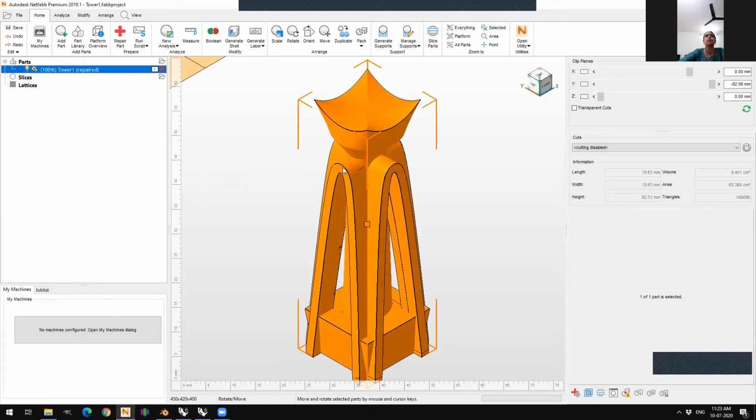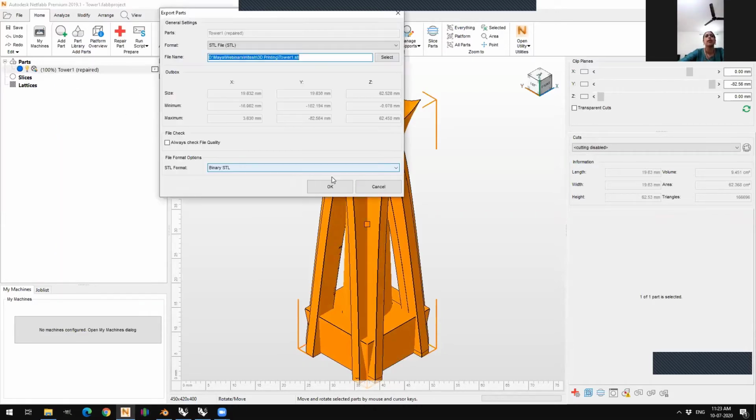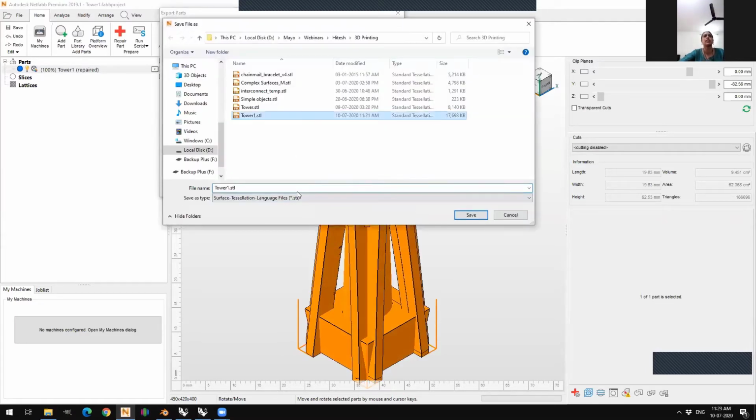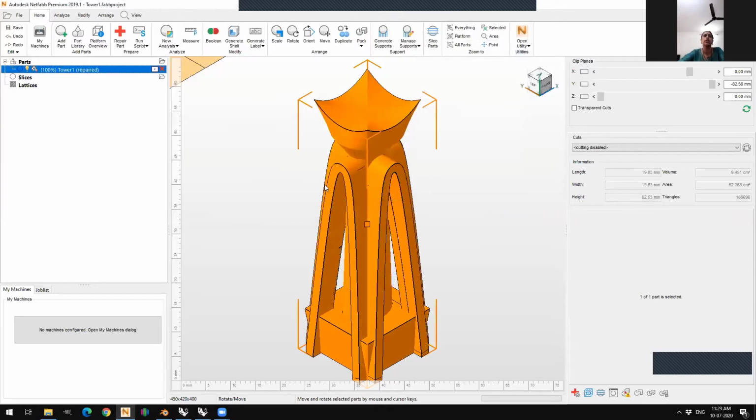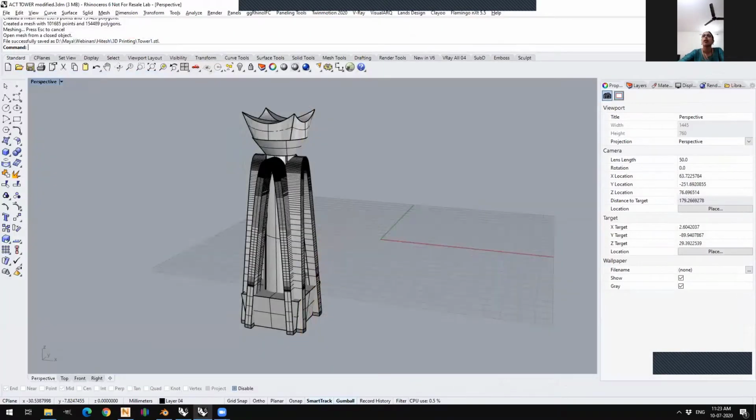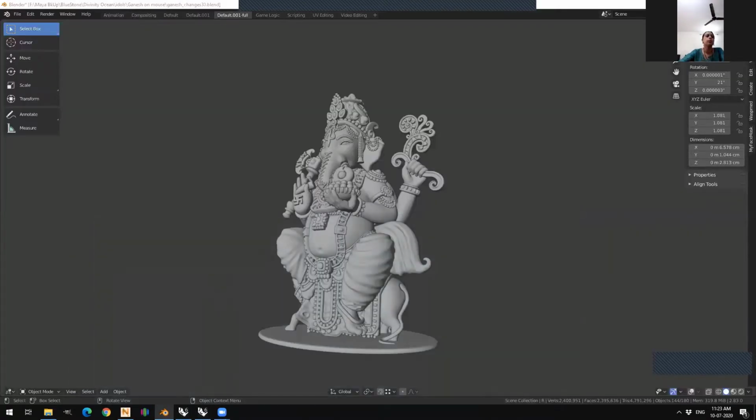So if I say export to STL, I'm going to rename it. So let me call it STower2, which is nothing but my clean file. I can overwrite it obviously, but for now I'm going to just give it a new name. Now with this, we are ready to go into the